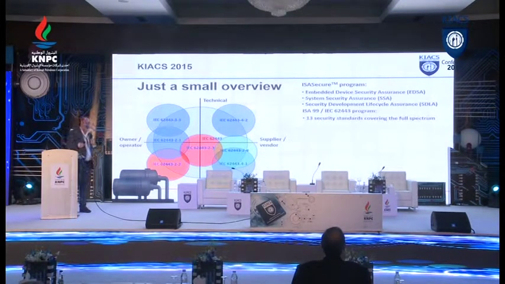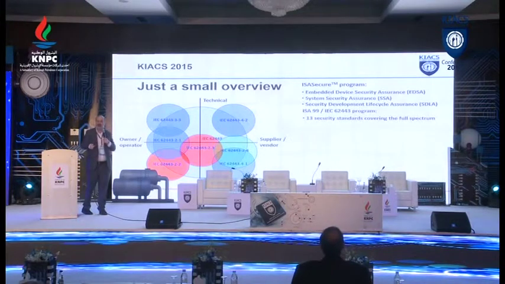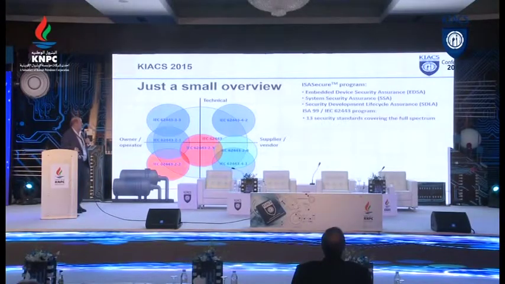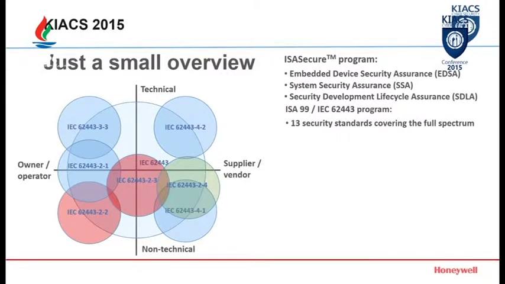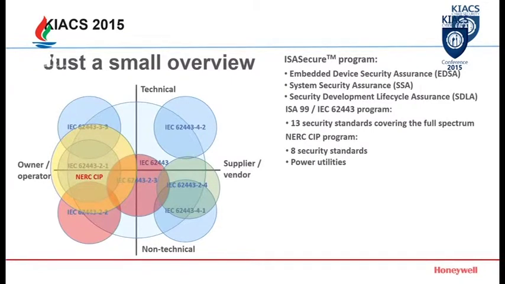There are lots of standards, and IEC 62443 is probably the biggest and most ambitious standard in process control of all. You have ISO 27000, which is much more on the corporate network, the office network type of systems, whereas IEC 62443, or ISA 99, which is basically the same thing with some small differences. There are a number of standards, and they all provide something, but there is this